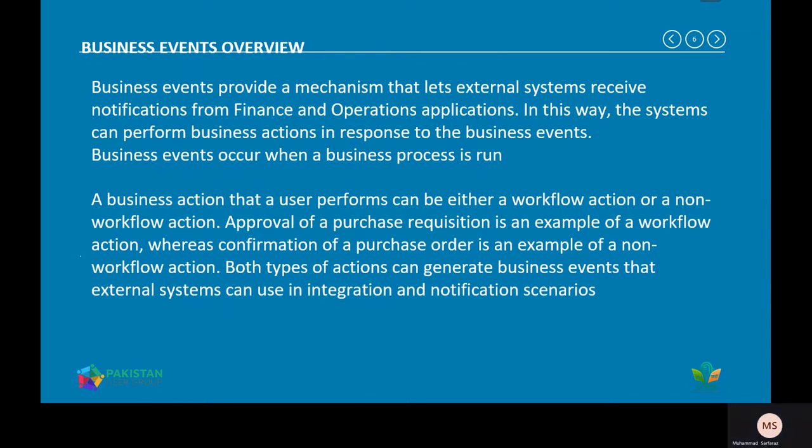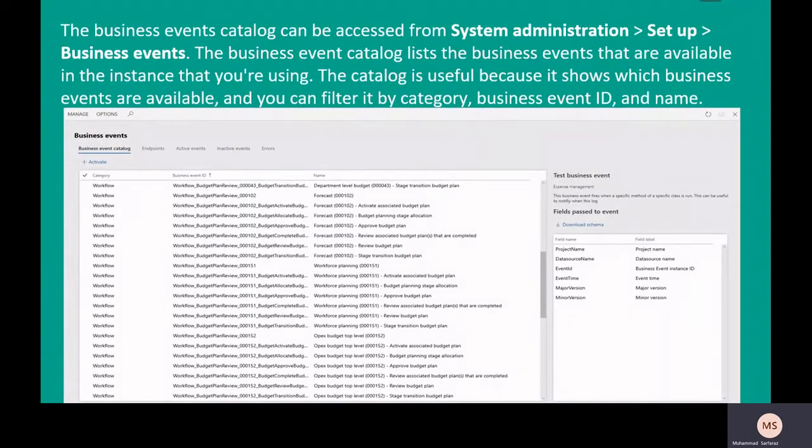So the business action that we perform in Dynamics 365 that eventually raises a business event could be anything, a workflow action or a non-workflow action. Approval of a purchase requisition is an example of a workflow action, whereas confirmation of a purchase order is an example of a non-workflow action. So both types of actions can generate business events that external systems can use in integrations and notification scenarios. There are quite a few types of business events, which I will discuss later in the session. First, let's see